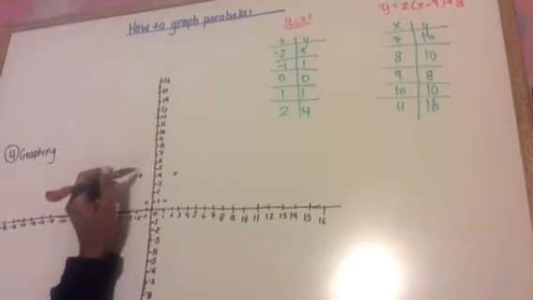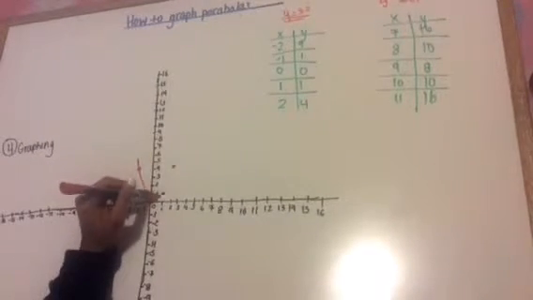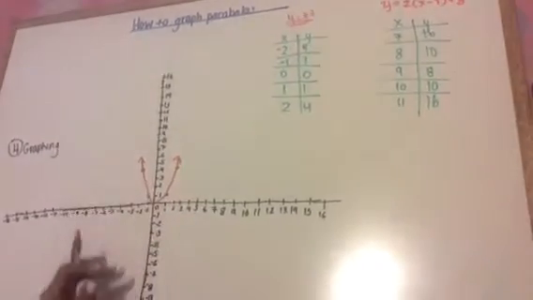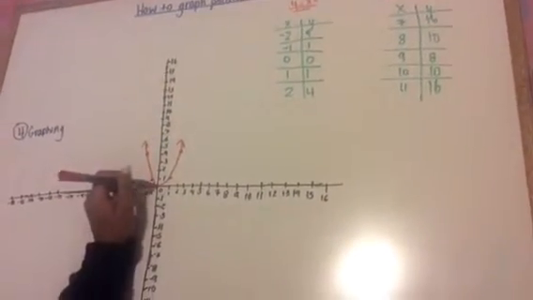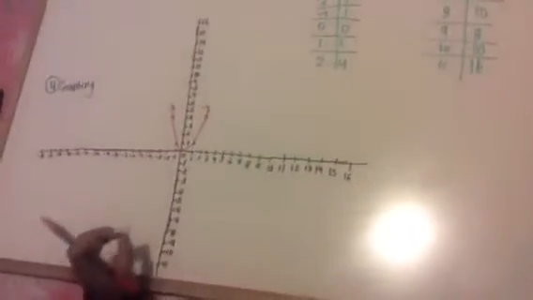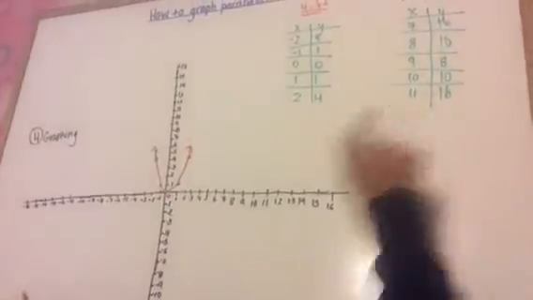As you can see here, these points are basically opposites, like one on the negative side, one on the positive side. Always make sure that there are 5 points when you're graphing a parabola. You can even have more, but usually when you're graphing parabolas, always have 5 points. So now we're going to graph